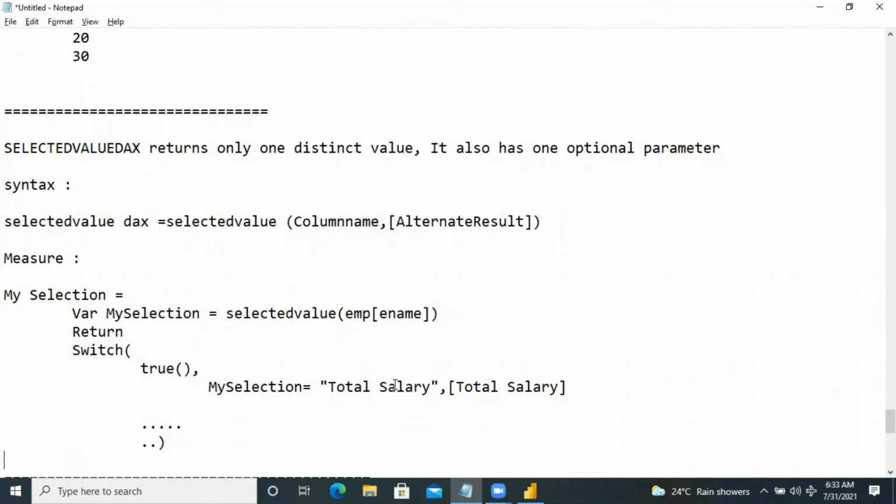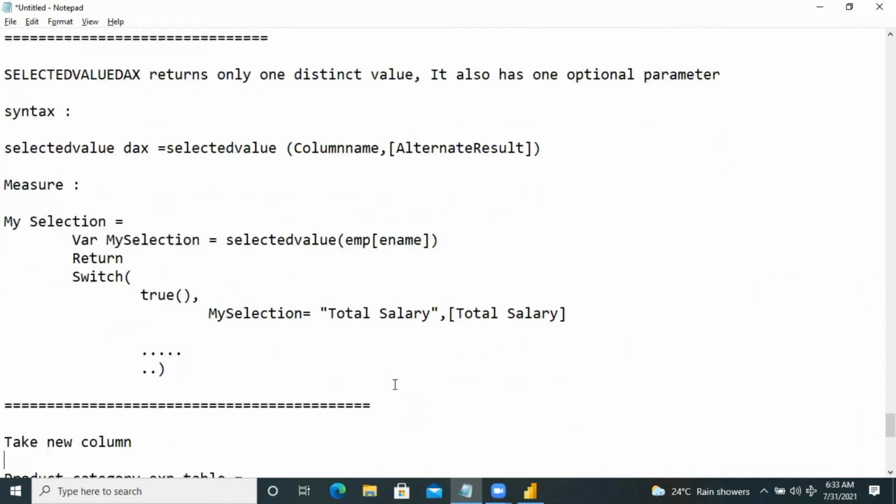Like this, we can write n number of values in the switch case. You can take it as a practice exercise with the switch case statement.